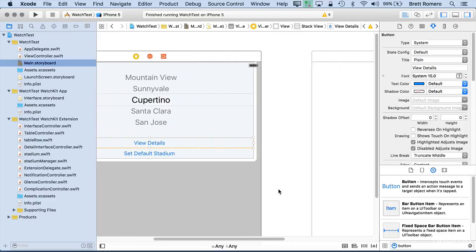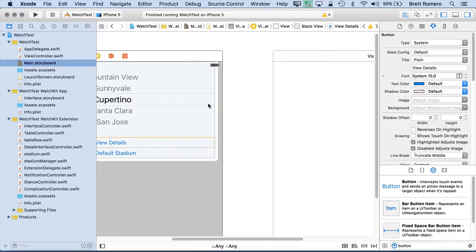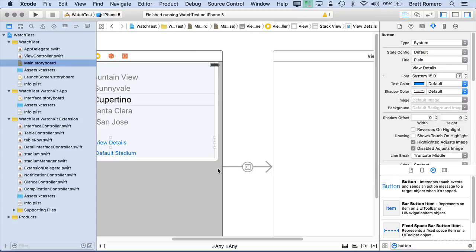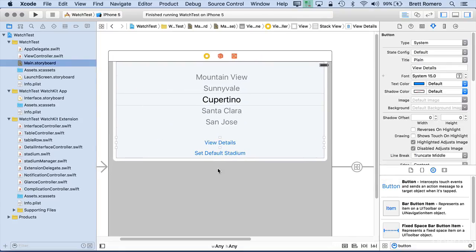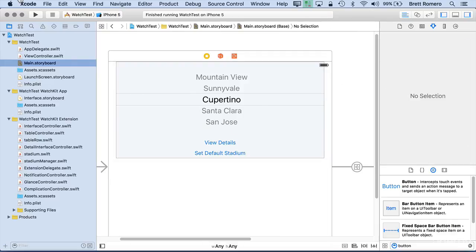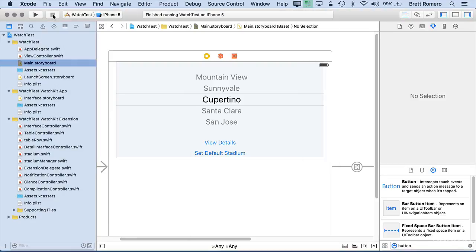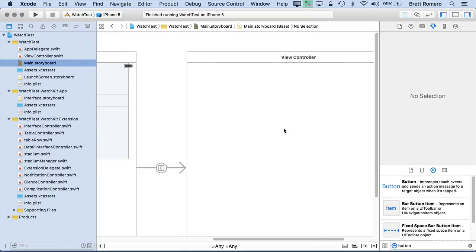And now we can work on transitioning. So this segue is going to go from this button to here. And what I want to do is a show. Actually, yeah, a show is going to work fine. Now we have that segue. Okay, so from here, let's just test this segue out. So if I click View Details, we're in our Details view, and we can go ahead and start adding controls